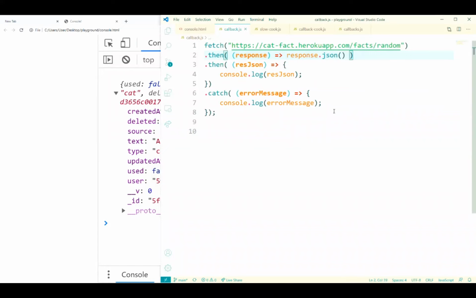What does .json do again? Does it turn JSON into a JavaScript object? Yes, it turns JSON into a JavaScript object, and the way it does is that it returns a promise. Why does it return a promise? Because this .json function doesn't know if you've actually given it a JSON object.